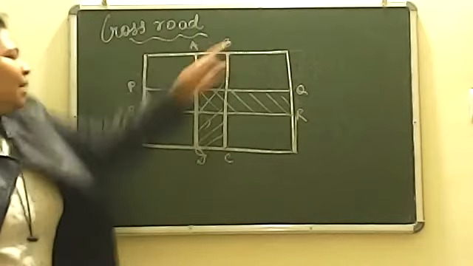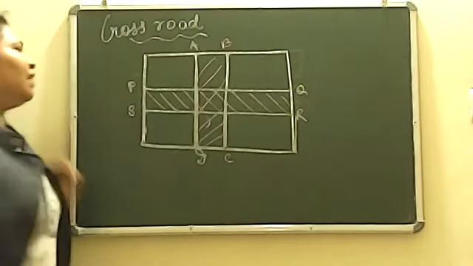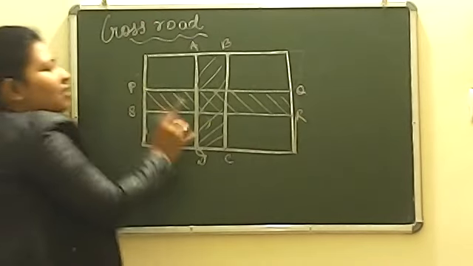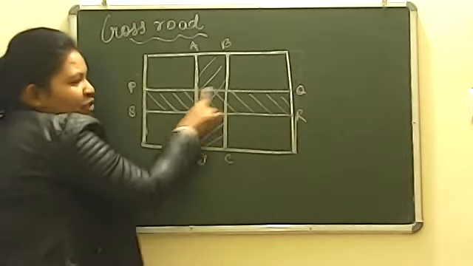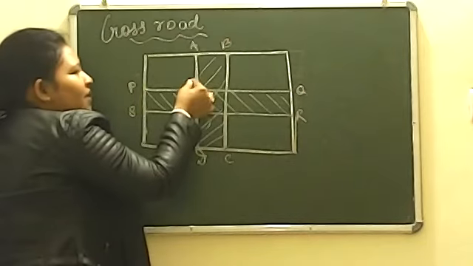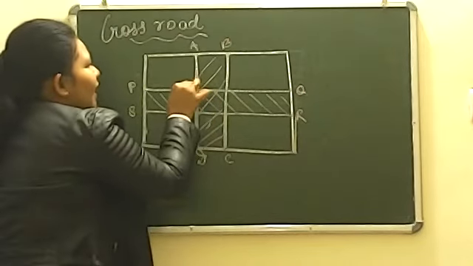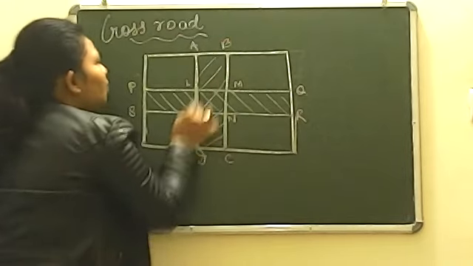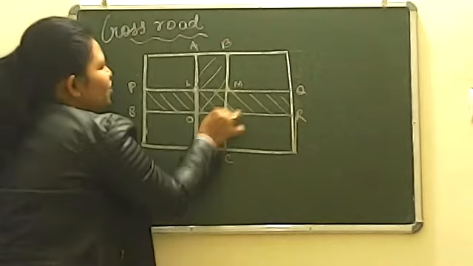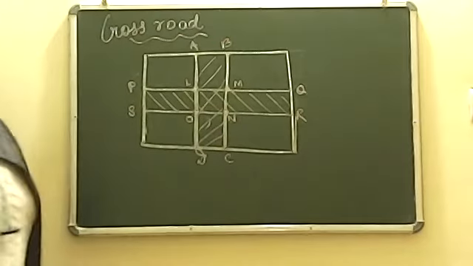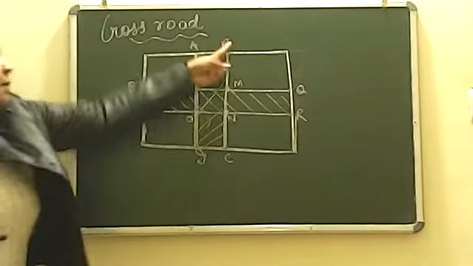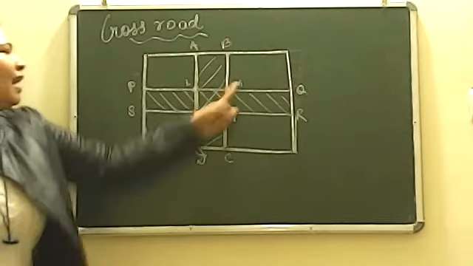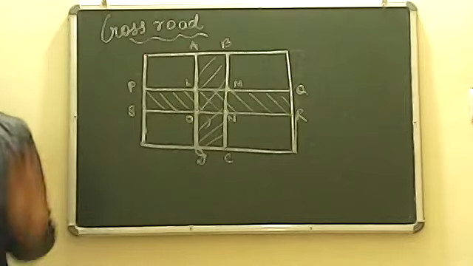Okay, so this is A, B, C, D. This is the first road. The second road is P, Q, R, S. This is the second name which we gave. And the third one, which is the common part, the smallest one inside, you also give it some name. You can simply give the name as L, M, N, O. So these are the three names which we gave. Can you see this? A, B, C, D, first name, P, Q, R, S, second name, L, M, N, O, third name. So I gave three names in total.